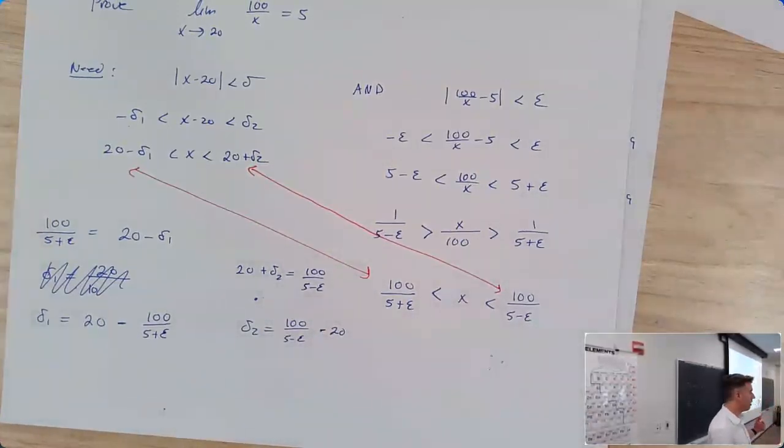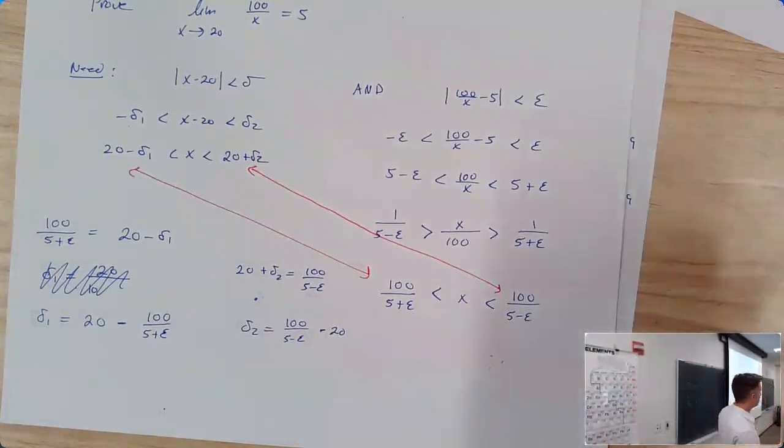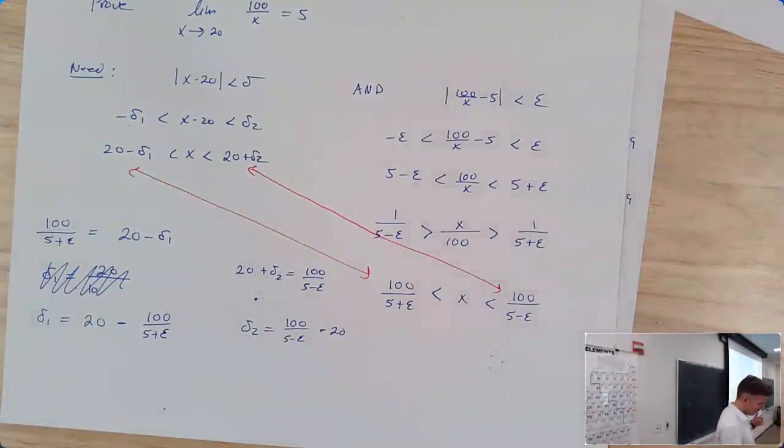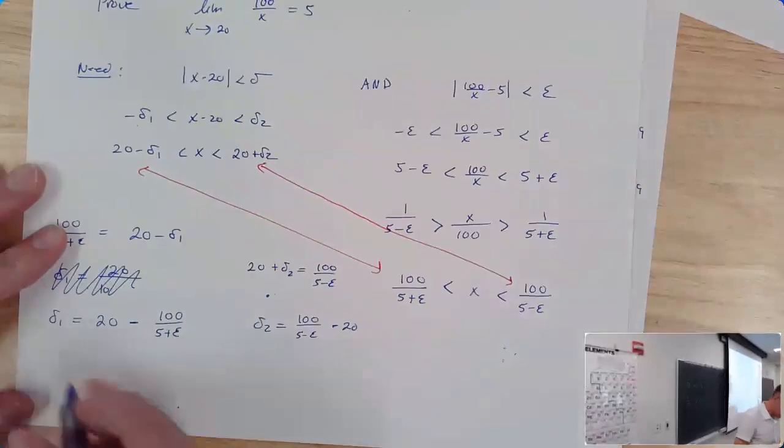We know delta 1 is smaller, but we might not know it in our hearts. So pick a value for epsilon. It's going to make it easy to calculate at least one of these things. Recognizing that 5 is out of bounds. If you go bigger than 5, you're going to be in trouble. So I might pick 4. I might pick 1. I don't know. 4 seems reasonable. So if I pick epsilon equal to 4,